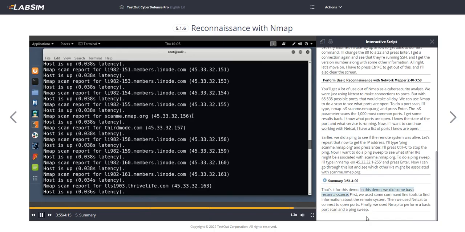That's it for this demo. In this demo, we did some basic reconnaissance. First, we used some command line tools to find information